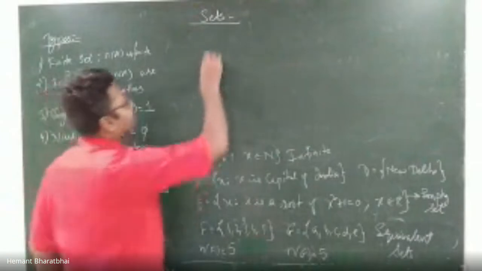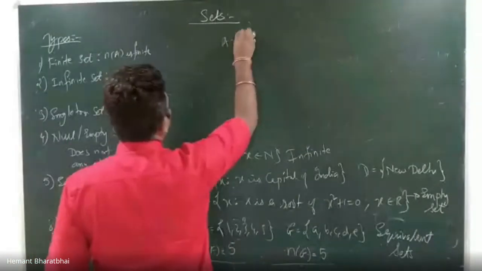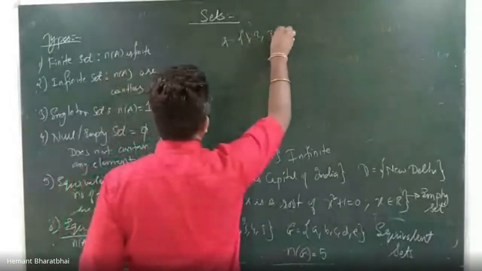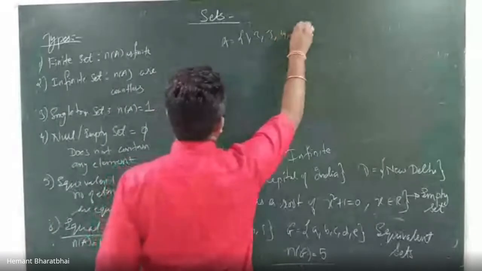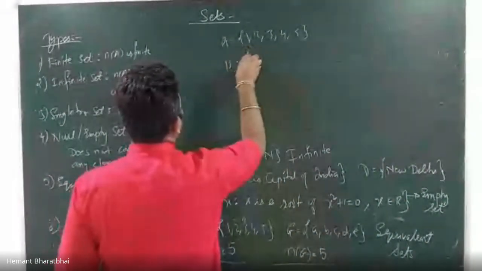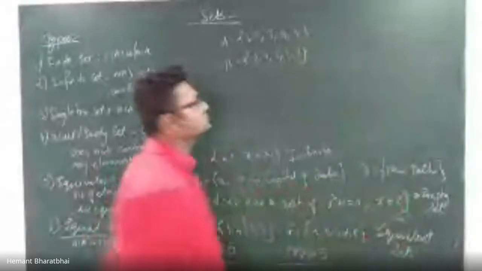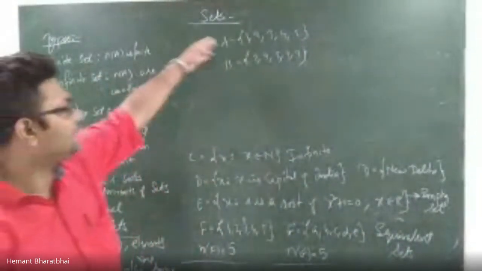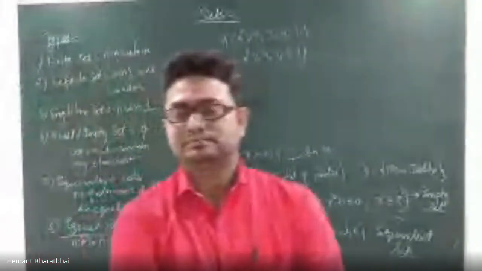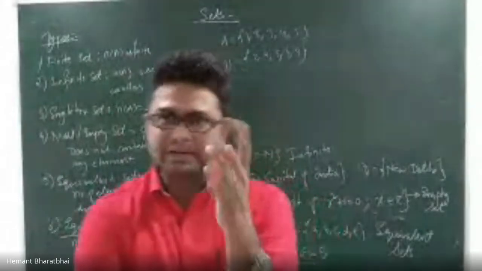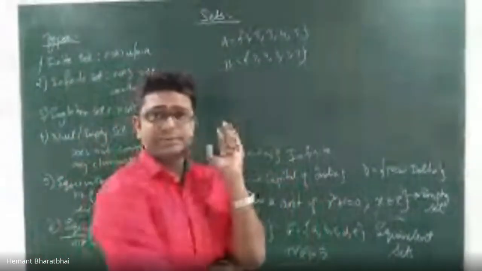Okay, say for example, if I say A is equals to 1, 2, 3, 4, and 5, and set B is equals to 2, 4, 5, 1, 3. If you see set A and set B, both have same number of elements. Okay, both are having 5 elements first. Next, if you see the elements are same, though the order is not same,